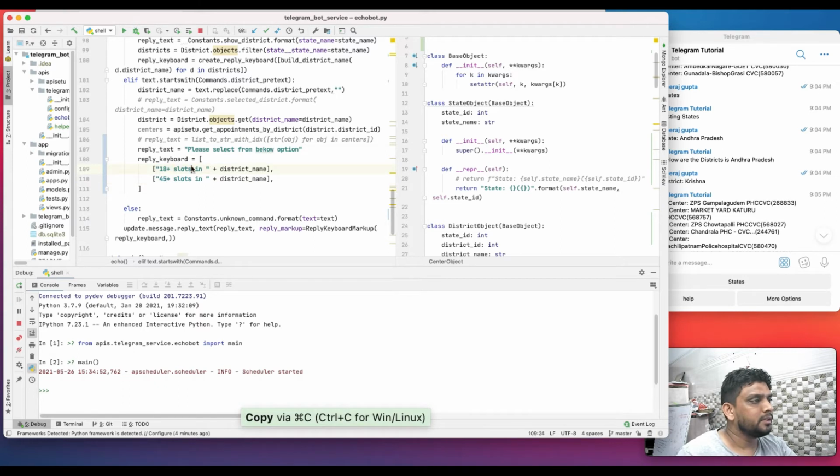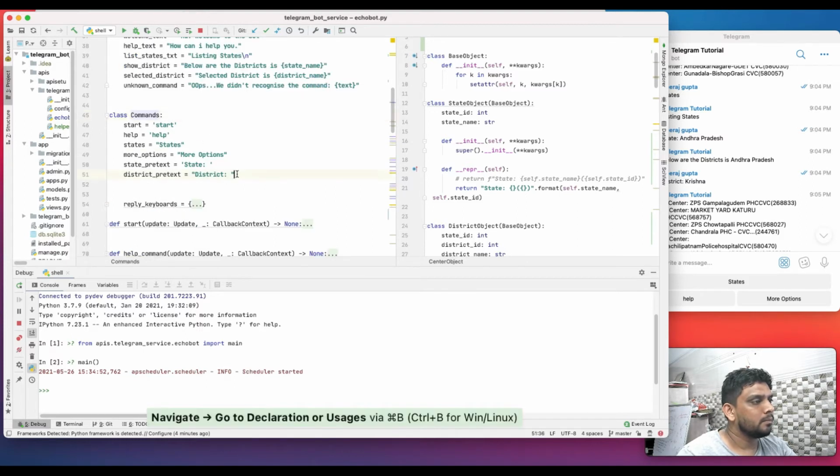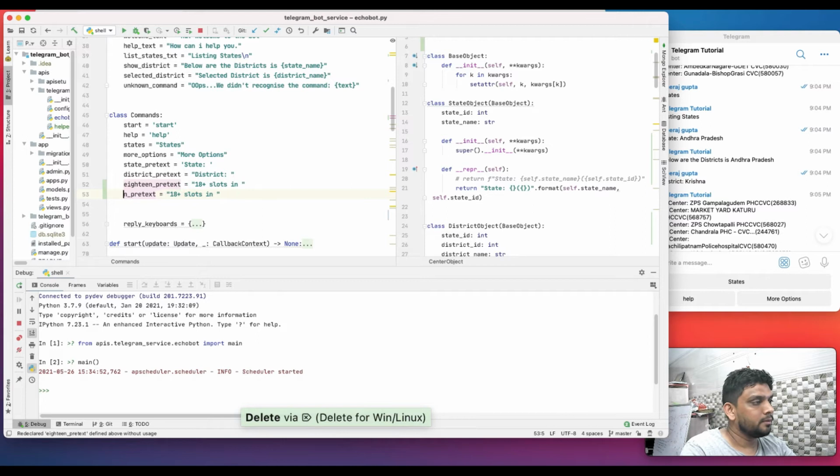Let's define these things as commands because we are going to use them: 18 retext, and 45 retext.